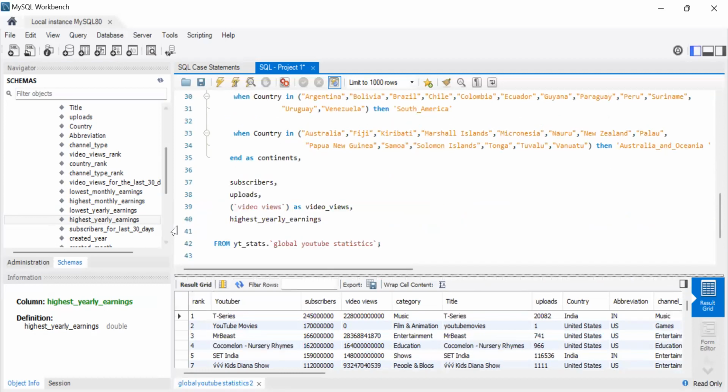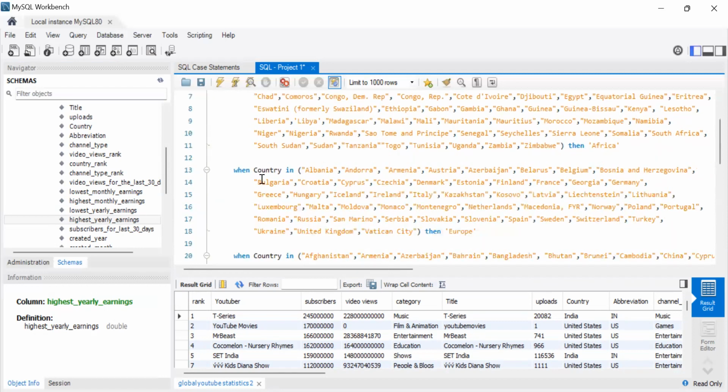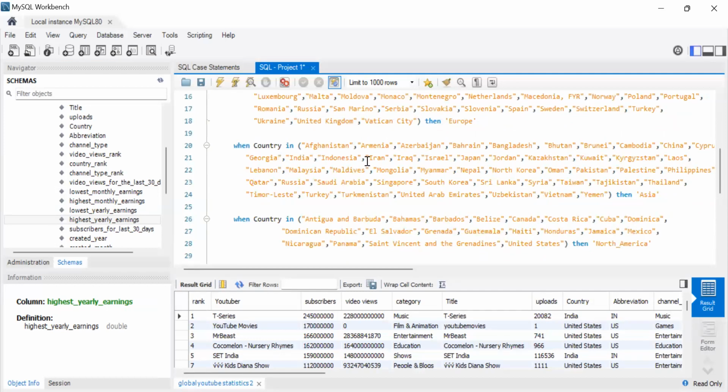Okay, so what's happening here is a CASE statement: when country in one of these, then call it Africa. When country is in one of these countries, so Monaco, Iceland, Ireland, Italy, that's Europe. When country in